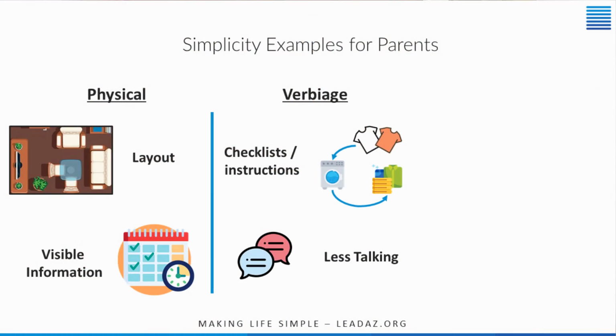The second way that you can implement this is through your verbiage. And there's an example on the screen. Maybe the child's job is to do the laundry, or maybe you want them to do the laundry. And if you look at it, saying do the laundry is one thing. But when a child hears that, they have no clue. Even though it's small words, they have no clue what you mean.